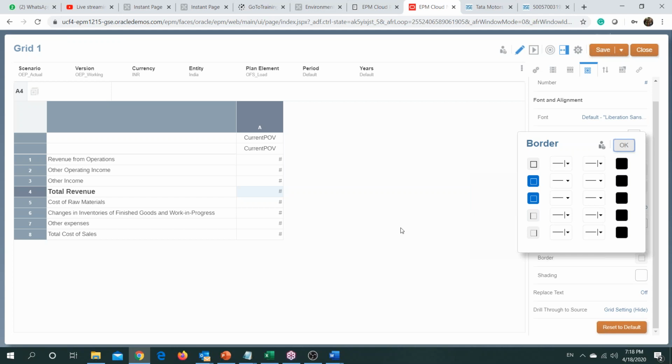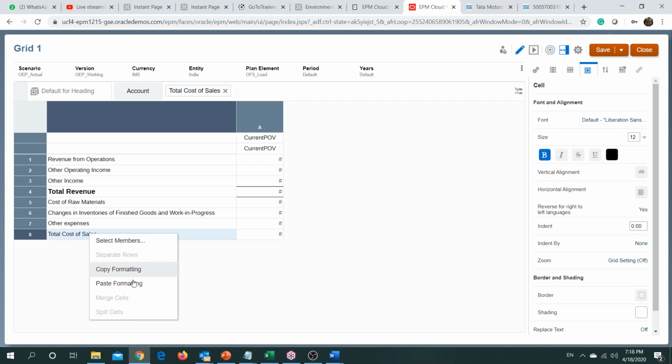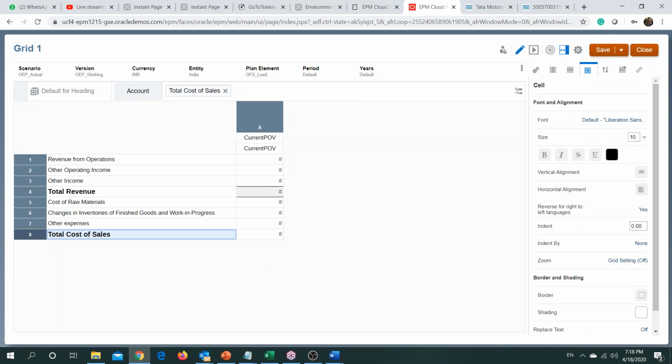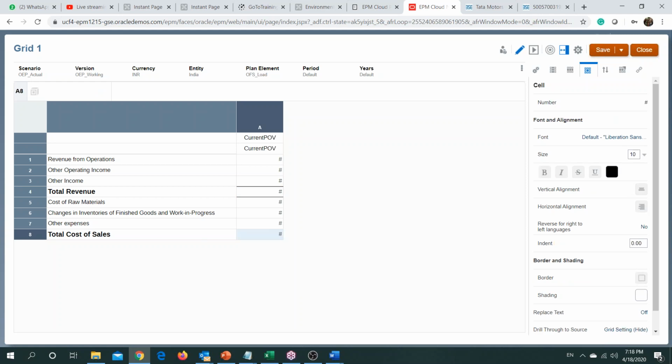Okay, so now if I want to just use the formatting, just click copy formatting, and where you want to paste the format, just place it accordingly. And I want to keep this formatting for total cost of sales too. So this is how you build your report.